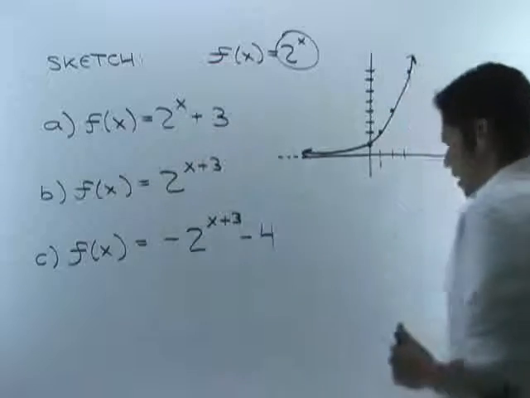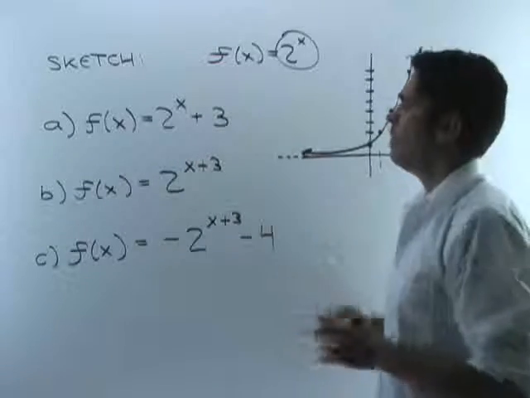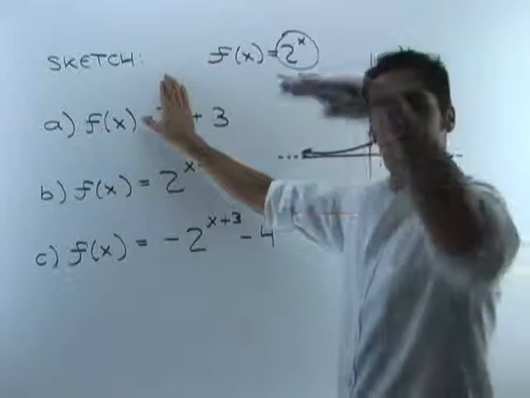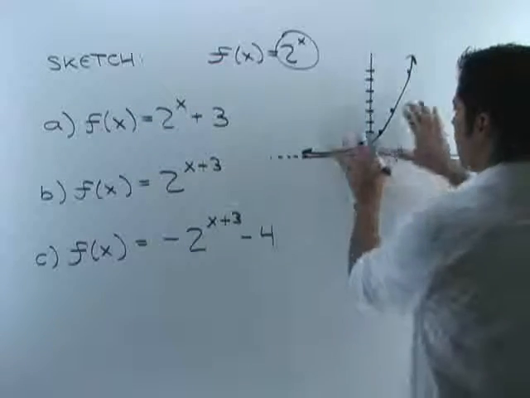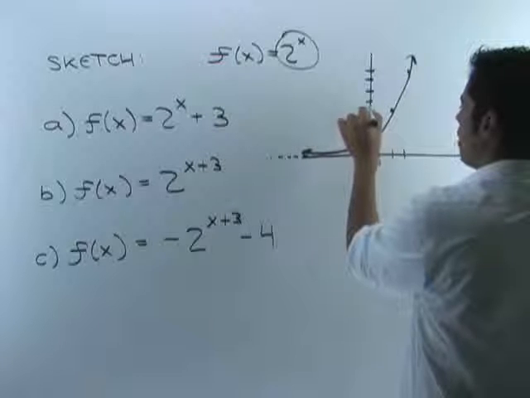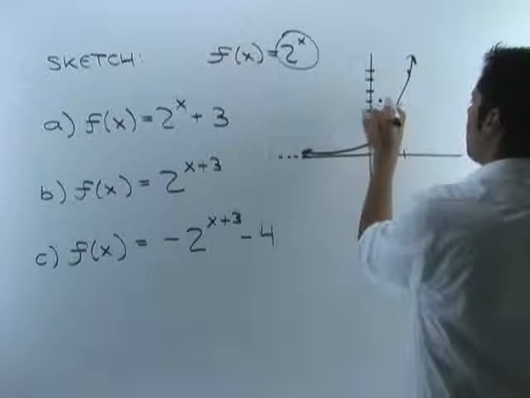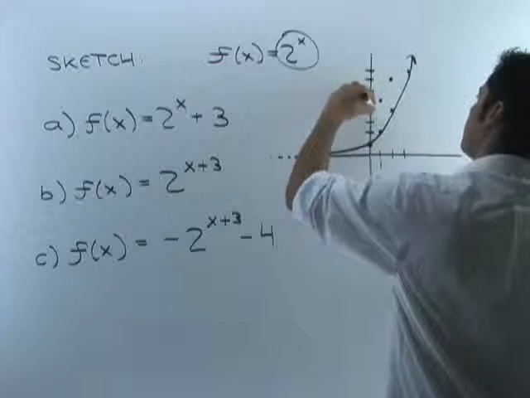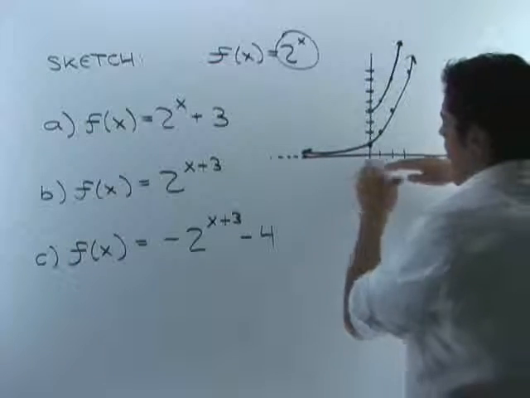plus 3? Now remember back when we were doing in a previous chapter our shifting of functions, that if you add 3 to a function, all that does is moves it up 3. If you subtract 3, it would move it down 3. So imagine taking every point that you have here and moving it up 3. So I'll go 1, 2, 3, put that point here, 1, 2, 3, put that point here, 1, 2, 3, put that point here. And you'll start to get this curve again,